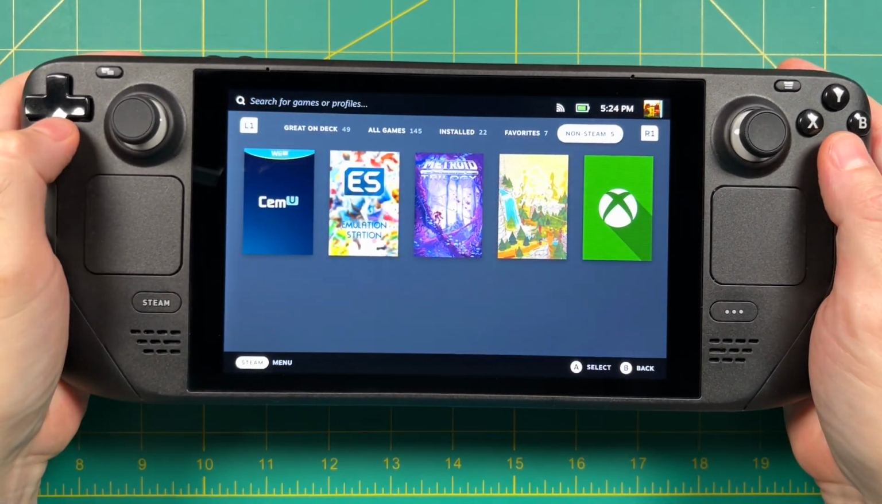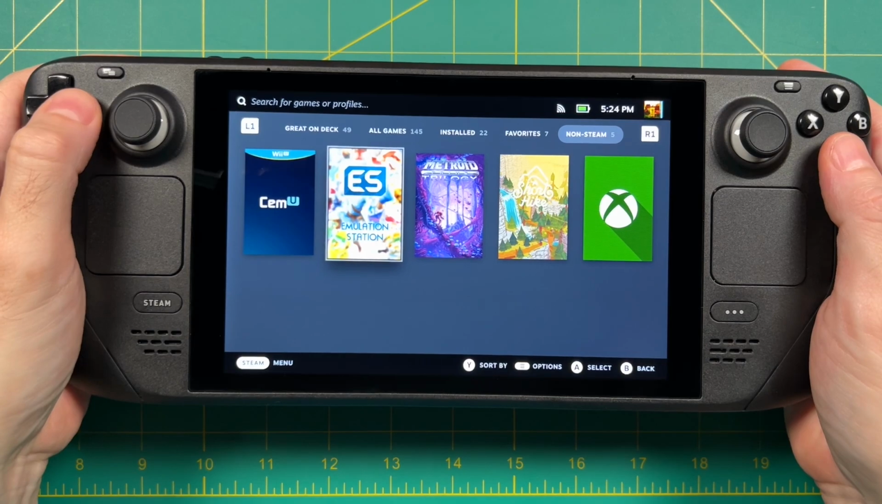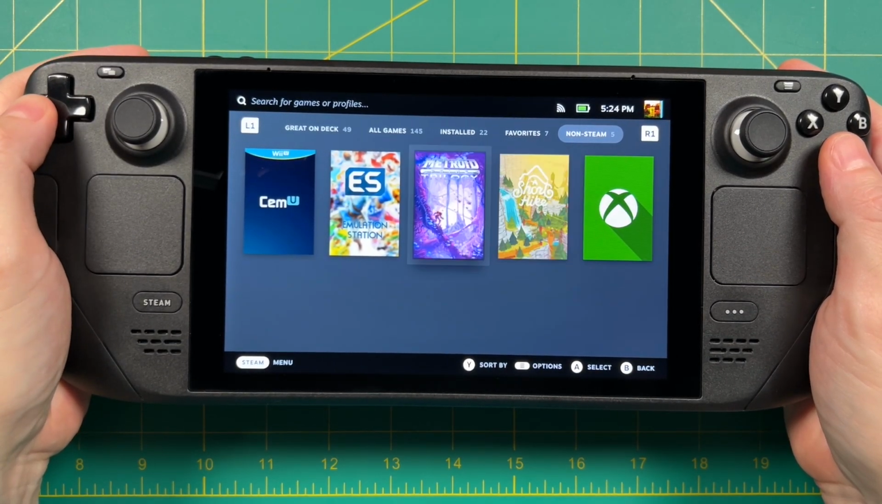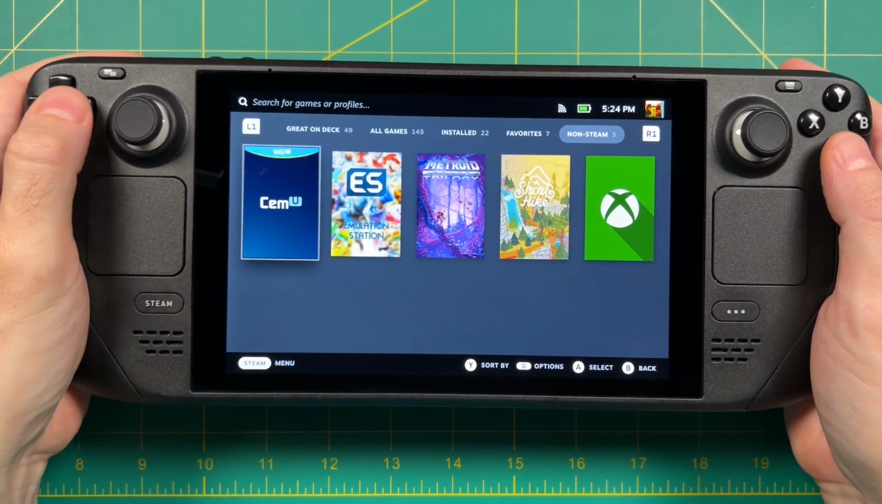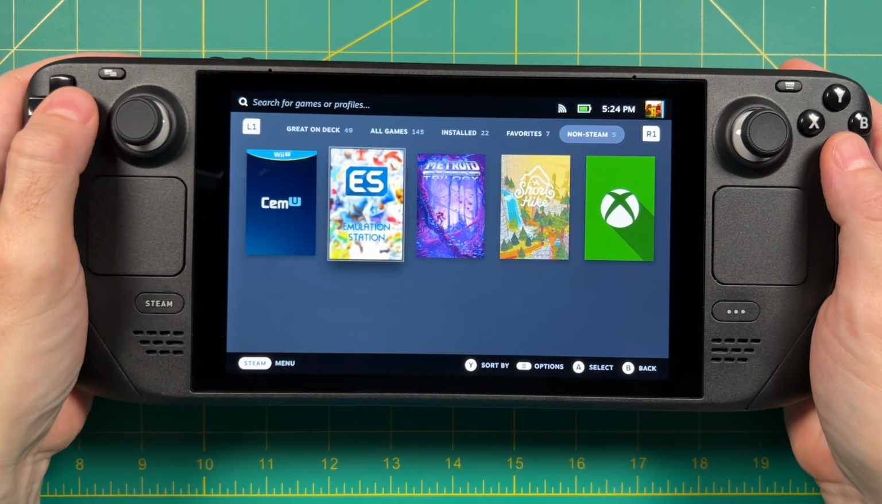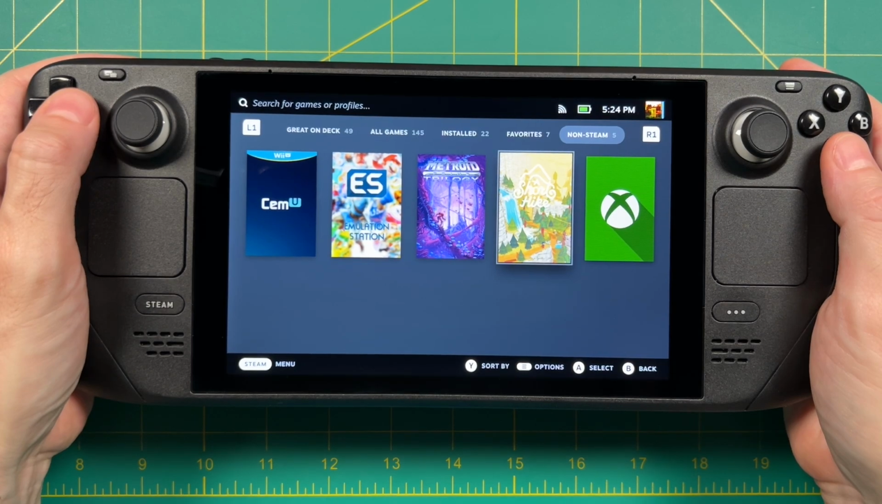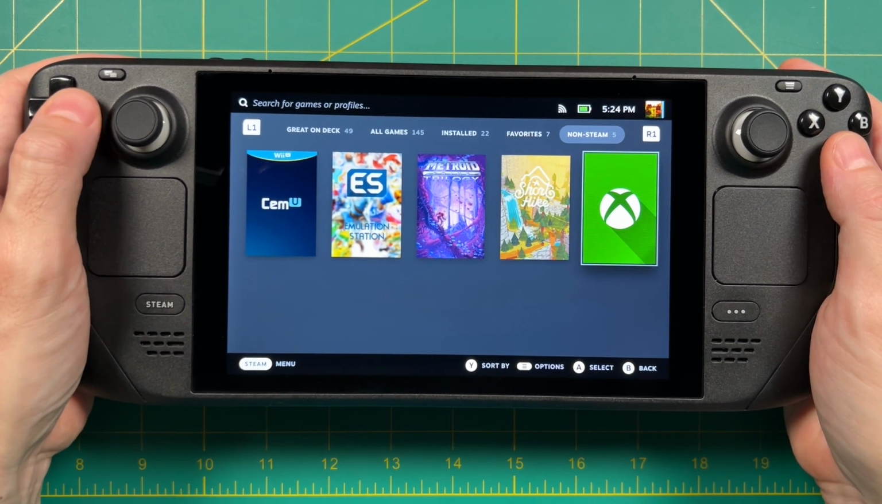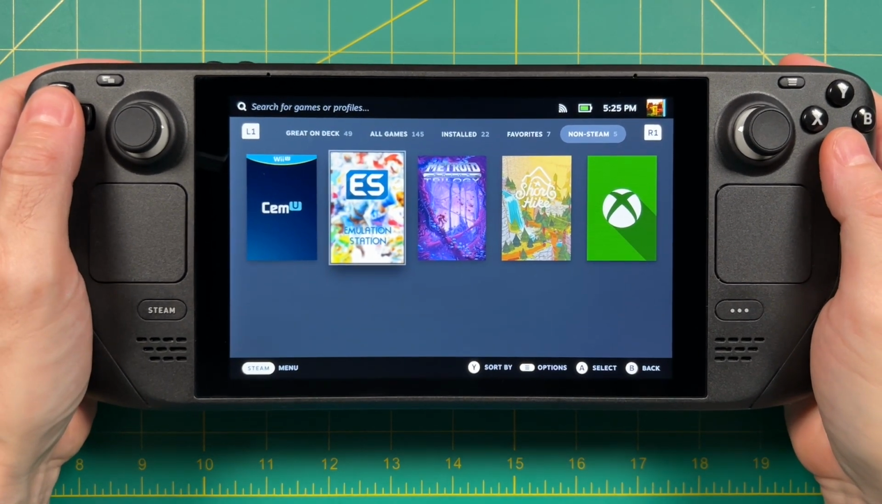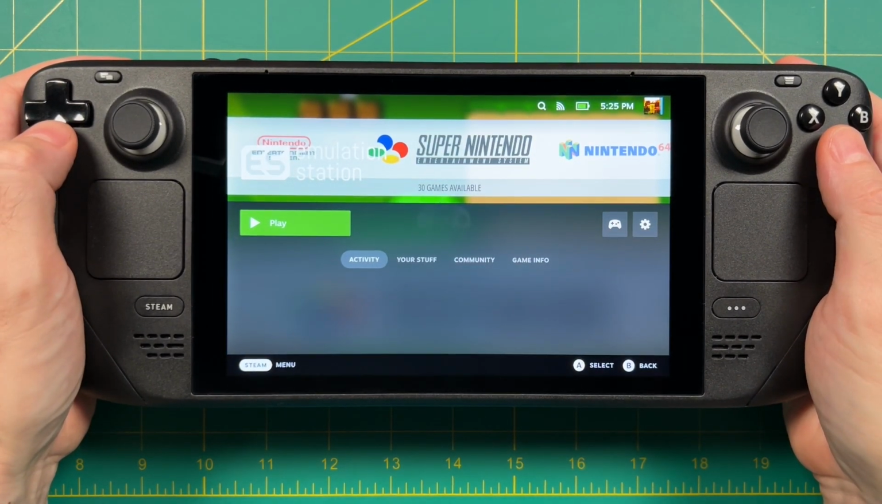So as you can see, I have Cemu as a standalone app, then EmulationStation, then the Metroid Prime trilogy, and then I also downloaded this individual Linux game, which I had actually bought from itch.io during a recent bundle. And then finally, I also set up Xbox Cloud Streaming too. If you're interested in knowing how to set up those last two, let me know and I can make a new video. But we're here to check out EmulationStation, so let's start this up and see how it looks in